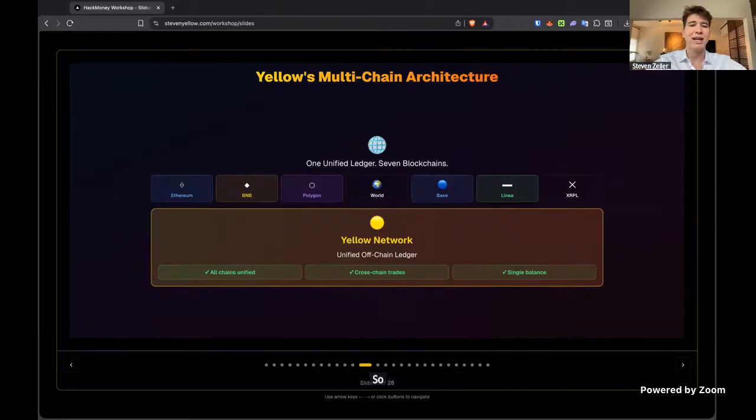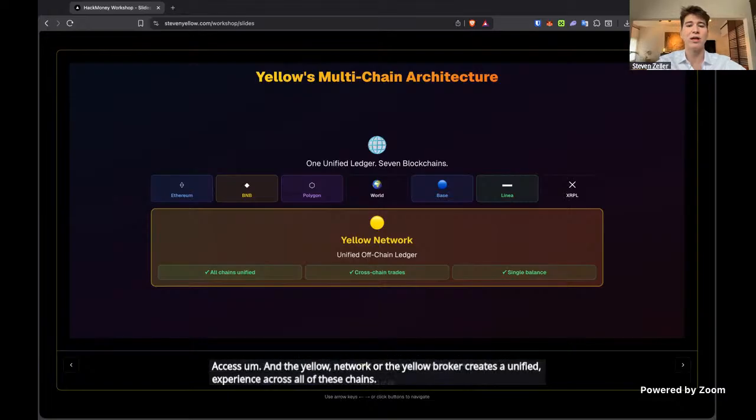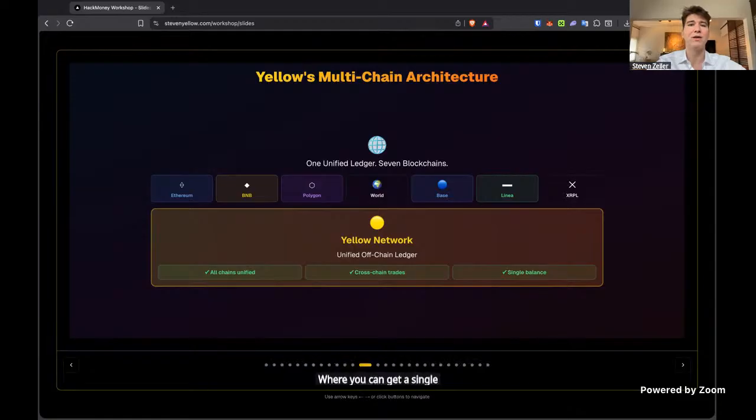We connect to a bunch of different chains, so far 7 chains, and there will be more coming online as developers ask for access. The Yellow network, or the Yellow broker, creates a unified experience across all of these chains, where you can get a single balance of stable coins or other assets, and it's all connected through state channels to the various blockchains.